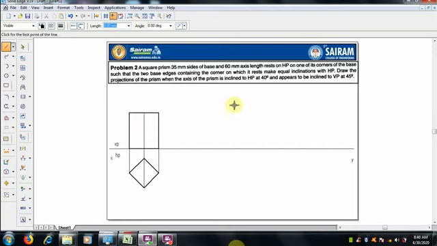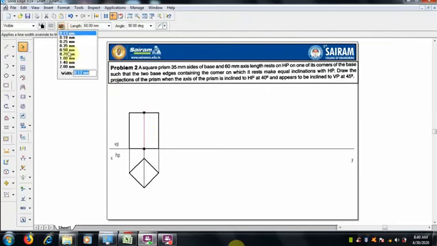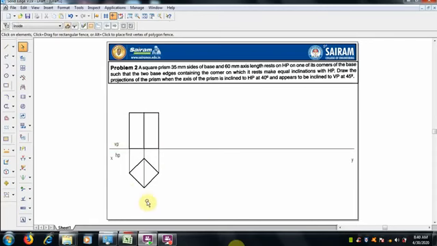Since it is kept on a corner, we can see all three vertical edges. So it should be of 0.5 mm thickness, so all three edges will be visible.